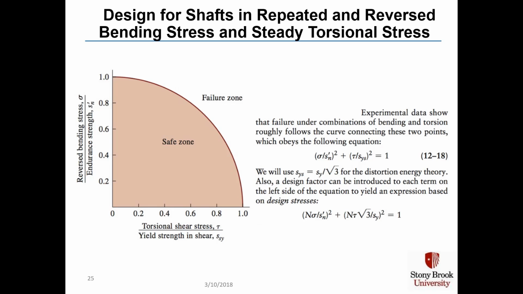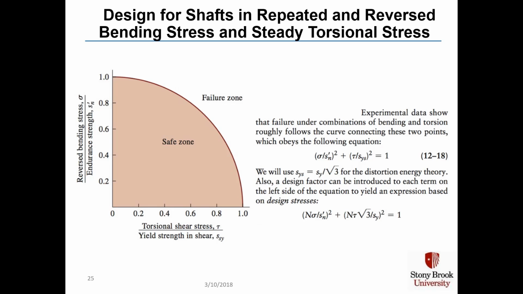The safe zone for any shaft is where you design the diameter large enough so that when you calculate on the y-axis the reverse bending stress and divide by the endurance strength, S prime n, and on the x-axis the torsional shear stress divided by the yield strength in shear, SSY,